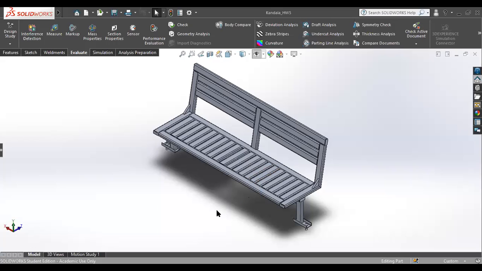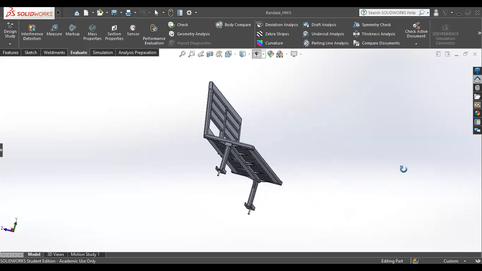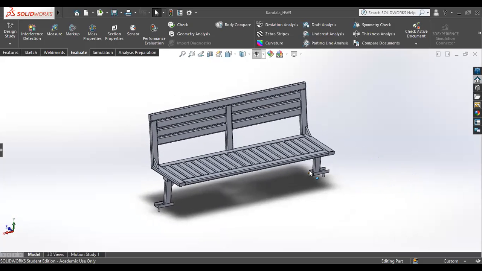This assignment requires us to basically develop and design a bench with certain requirements. So let's talk about each of the features that were requested as part of the assignment and how my design satisfies those. So if you take a look, this is the design. It's quite simple and it ensures that all the requirements are met.